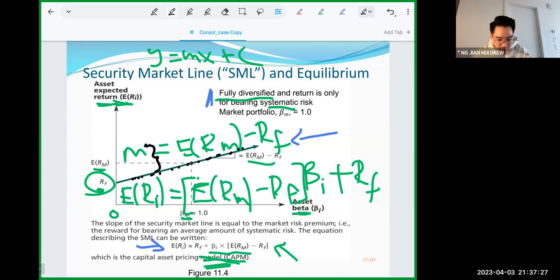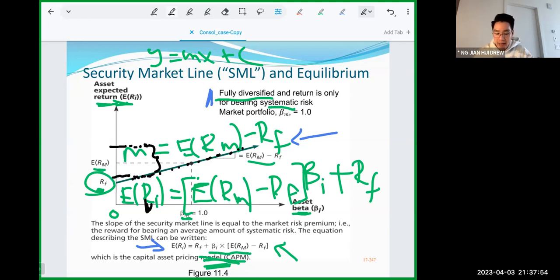You notice that for the risk taken, so can you see the line is here? And if you find a security that's here, for the beta risk, which is a systematic risk taken at this point here, the security that you found that is giving this return here is actually higher than the expected returns that you should get based on the